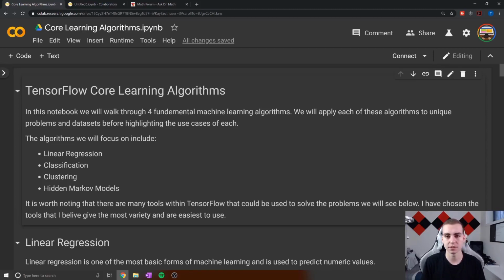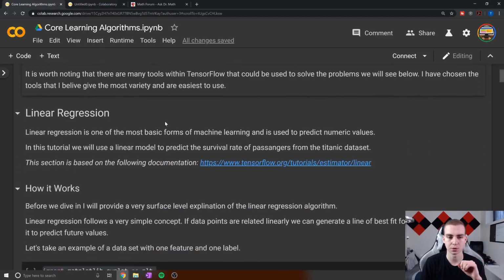If you're ever going to need to use any of these tools, you're going to look them up. You're going to see what it is. You're going to be like, okay, I've used this before. You're going to understand it, and then you can go ahead and copy that code in and use it in whatever way you need to. You don't need to memorize anything that we do here. All right, so let's go ahead and get started with linear regression.